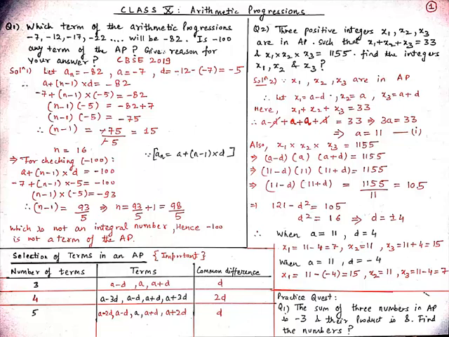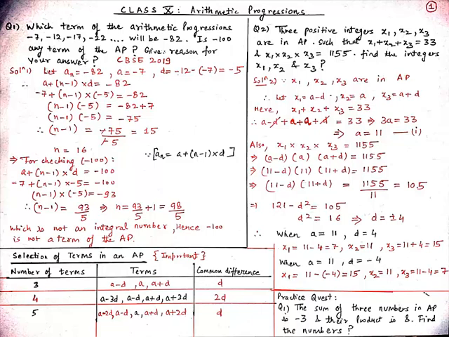So according to our question, we know that the nth term of an AP, or we can say the last term, which is an, is equal to -82. And the first term according to the given sequence is -7. And the common difference is -12 minus of -7. So from here, -12 plus 7 is equal to -5. And now we know that an is equal to -82. So the general term of an AP, which is a plus n minus 1 into d, is equal to -82. So on putting the value of a and d, we get -7 plus n minus 1 into -5 is equal to -82.